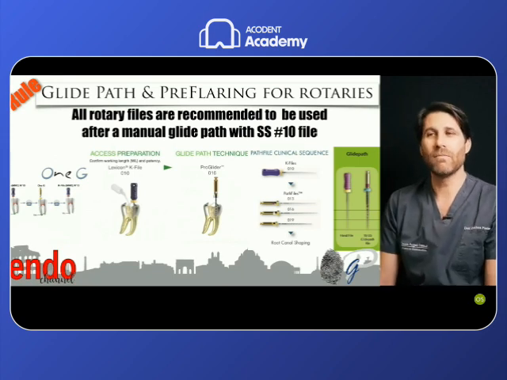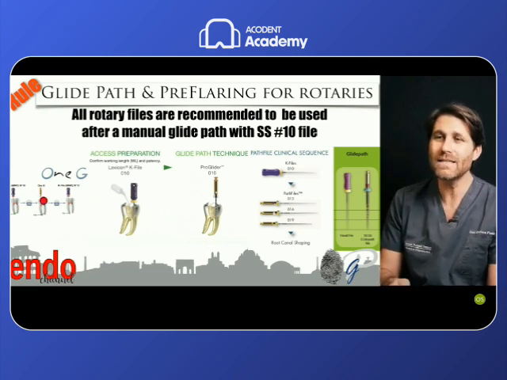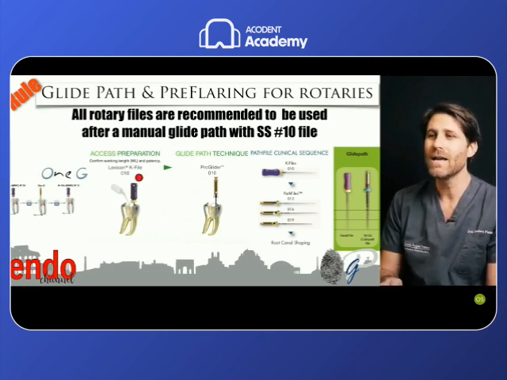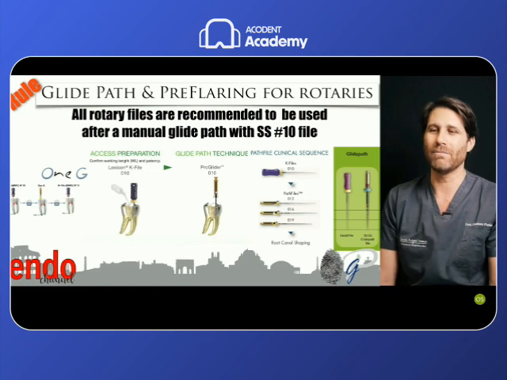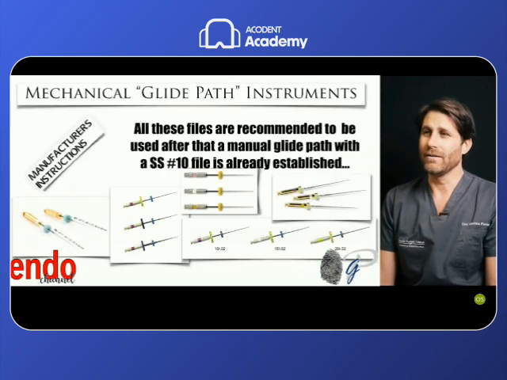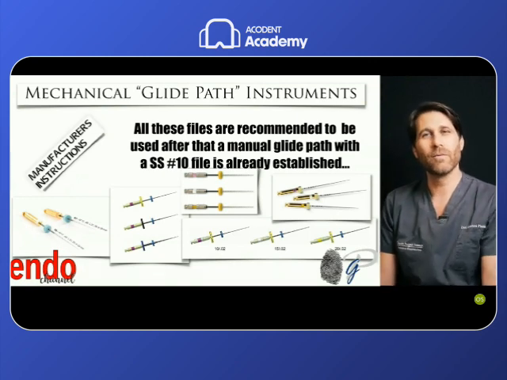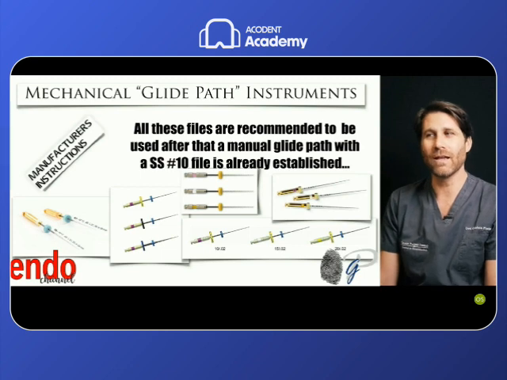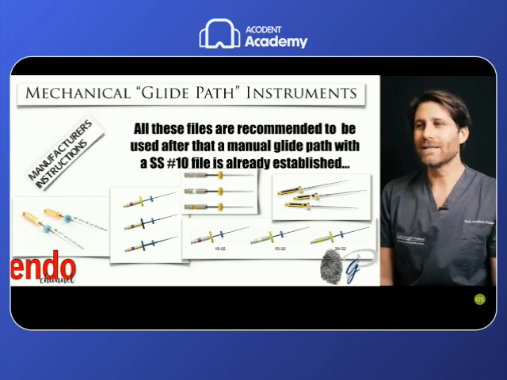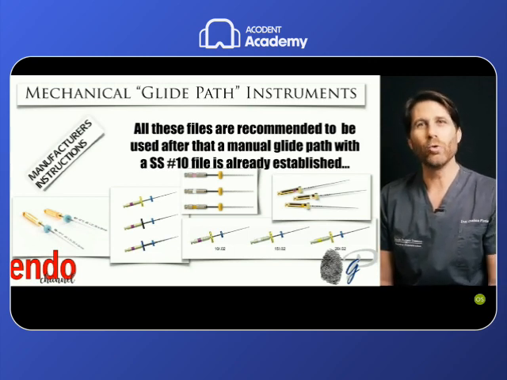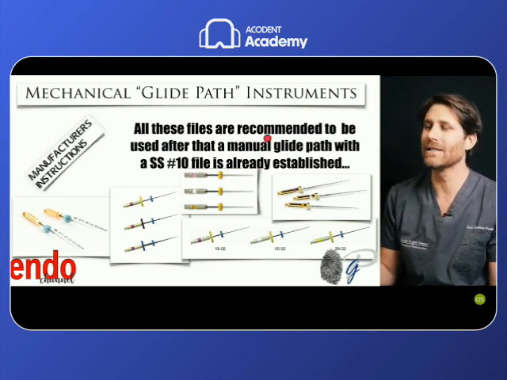So today on the market, they are marketed as glide path files. We have a lot on the market, but all these defined glide path files suggest the use of a 10K file before the use of the glide path file. They are marketed as mechanical glide path files. But honestly, I have to say, after this explanation of the endodontic terms that I gave you, that if we have already established, already used a stainless steel 10 file up to the end before using a mechanical glide path file, it means that we have already established a manual glide path as per the definition.